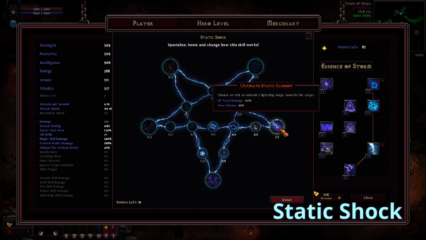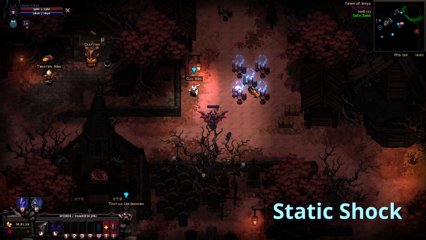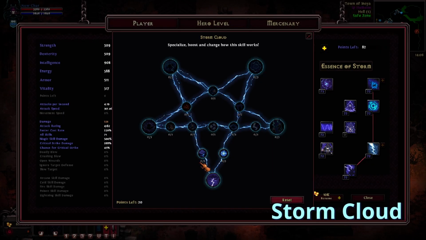And fourth, Ultimate Static Current. Chance on tick to unleash a surge of lightning towards the target. The fifth skill is Storm Cloud. Starting with the travel nodes, we have increased tick frequency, increased damage dealt, decrease the mana cost, chance to inflict